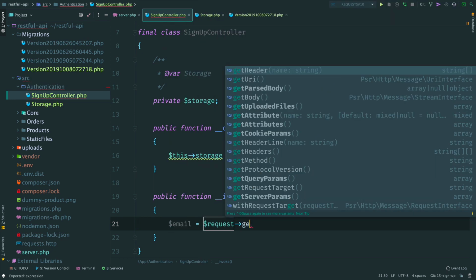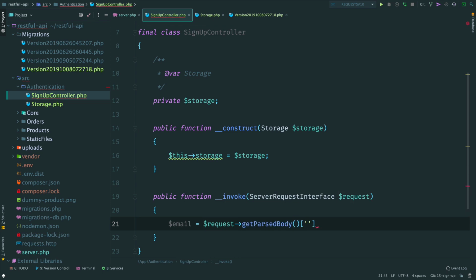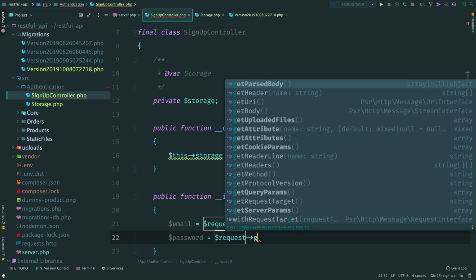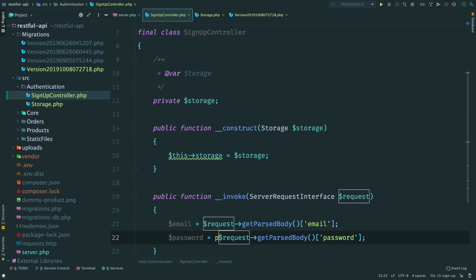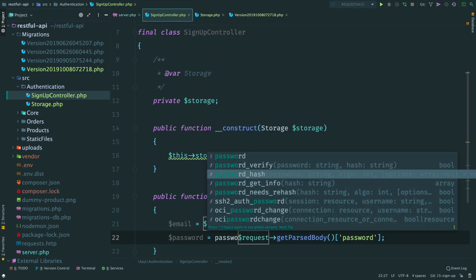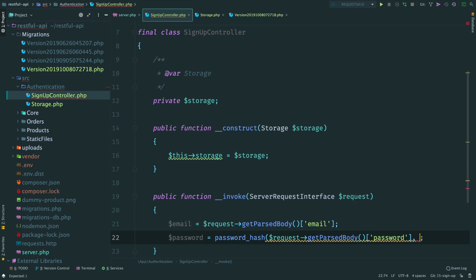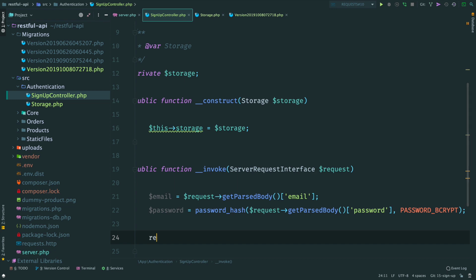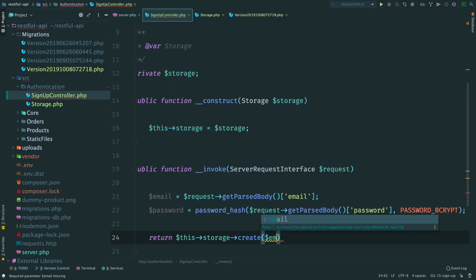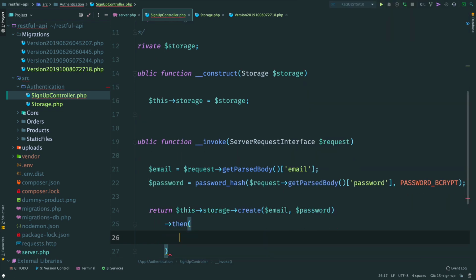We extract email and password from the request. We can't use the raw password as it is. Instead, before we persist it in the database, we need to hash it first. We use the native PHP function password_hash and the bcrypt algorithm. Then call storage create and provide an email from the request and a hashed password.